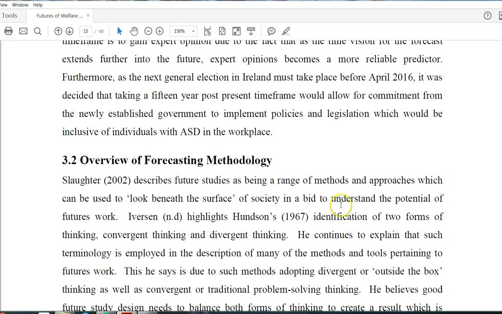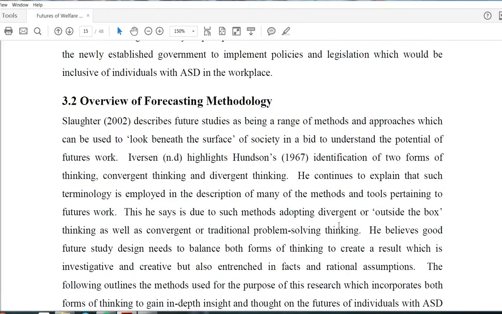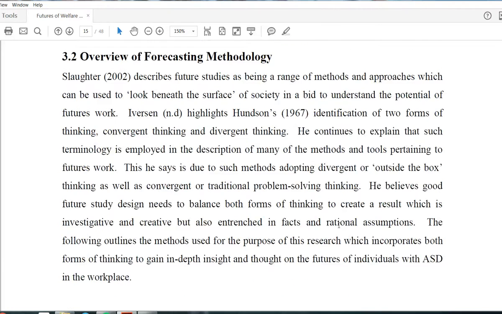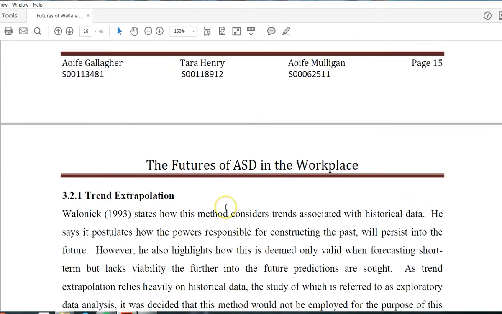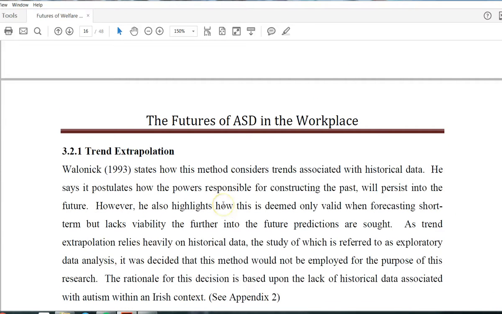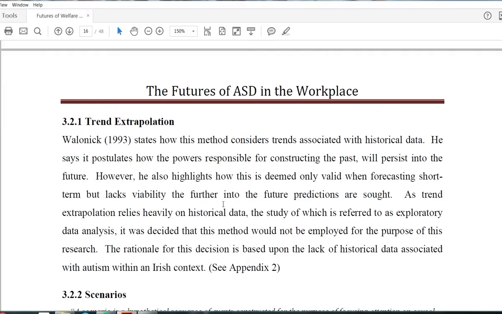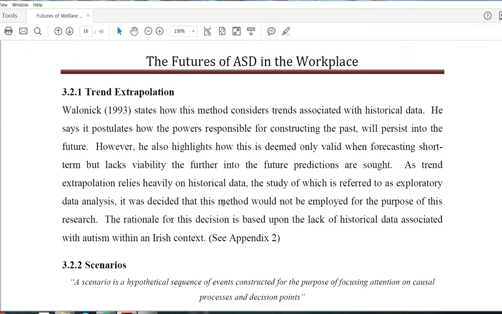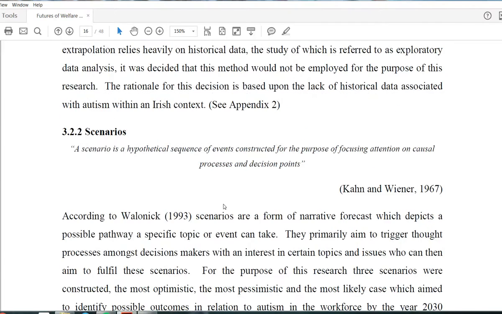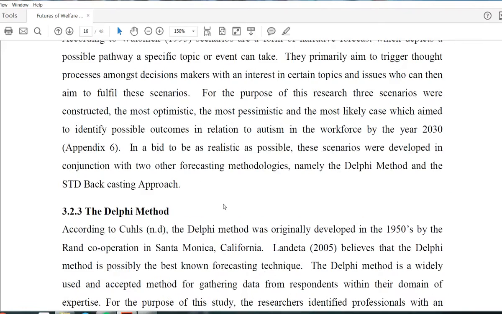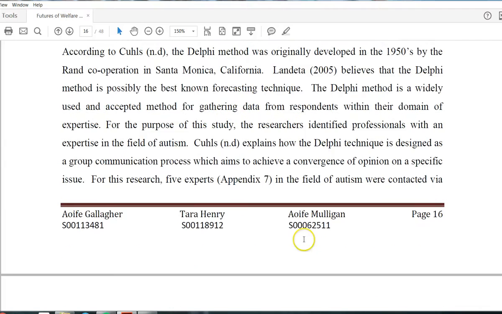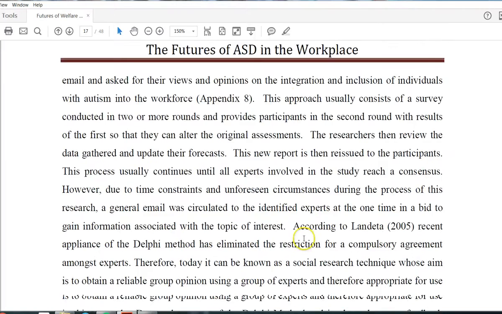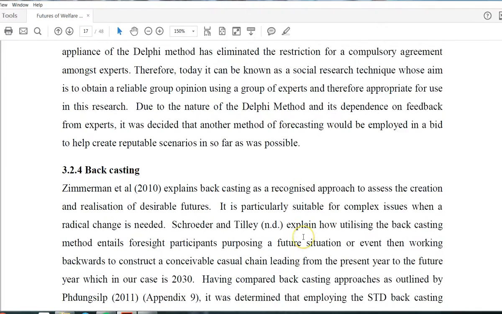They talk about the overall forecasting methodology, which is good, and that is a good discussion there, but I think I would have had more, maybe up to a page on futures and forecasting as a subject or as a discipline in its own right. They then go into trend extrapolation. They talk about scenarios, talk about the Delphi method, which we've mentioned before, and how they went about using that. They also talk about backcasting,